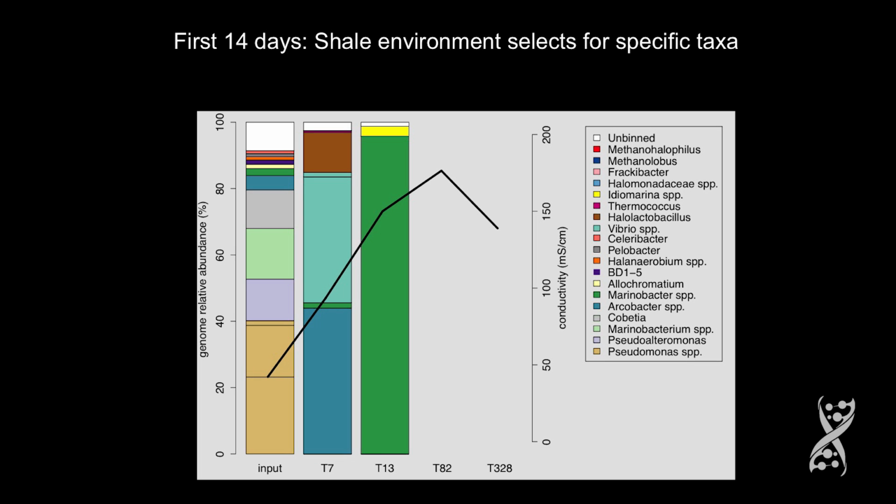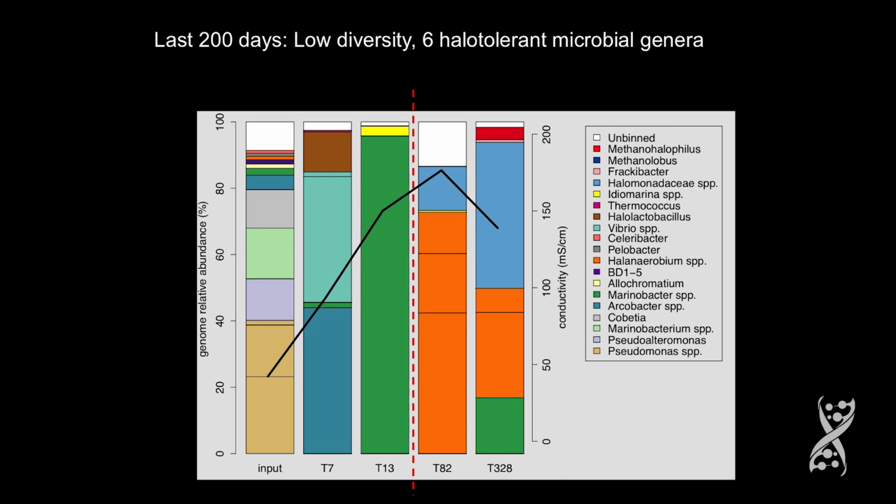At early time points, we actually see a lot of variability in the genomes, which is consistent with what we saw in the 16S, but that's not the focus of today's talk. What I'm really interested in is what happens when the system stabilizes. So this 14-day period is highly variable, but after about 14, 15 days, the salt stabilizes. And what we see, we had a great introduction by Mary today about halophiles,